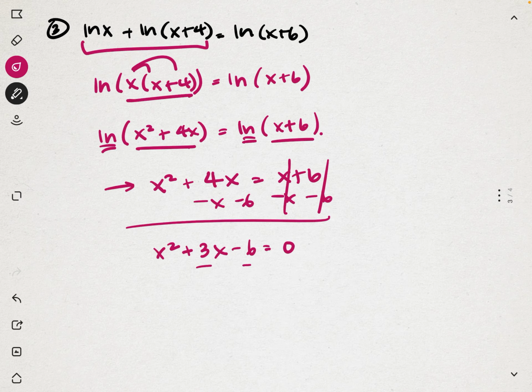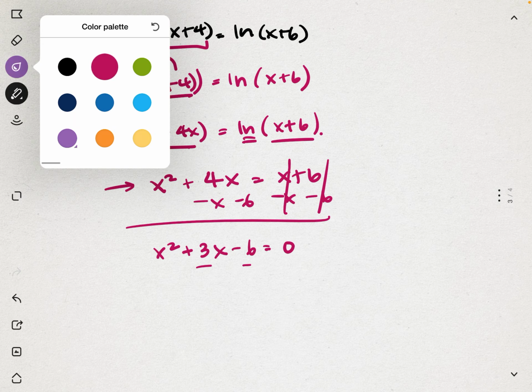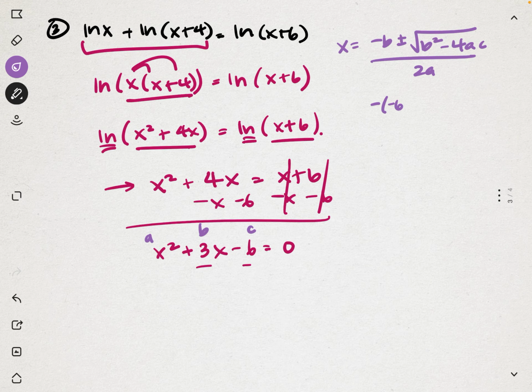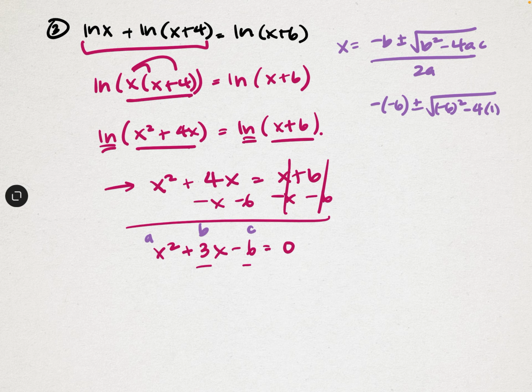So what we're going to have to do here is bust out our old friend, the quadratic formula. Negative b plus or minus square root b squared minus 4ac over 2a. Our a is 1, our b is 3, our c is negative 6. So we have negative 6. Careful with your signs. Negative 6 squared minus 4 times 1 times negative,